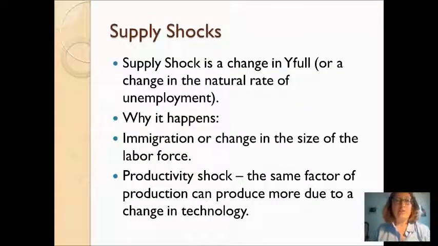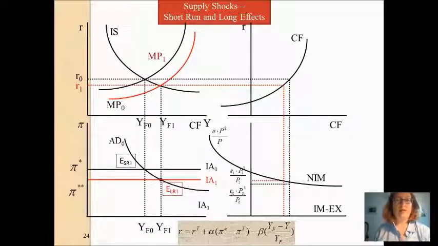Supply shock is a change in Y full, or a change in natural rate of unemployment. It can happen because we have immigration, so changes in the labor force that were not expected and happen immediately. We have productivity shock, so that's new technology that changes the rules of the game and allows us to produce more, so that's a supply shock. And normally what happens is that here, by the way, there are two options you can take, which I accept both. So here for instance, if we start from Y full